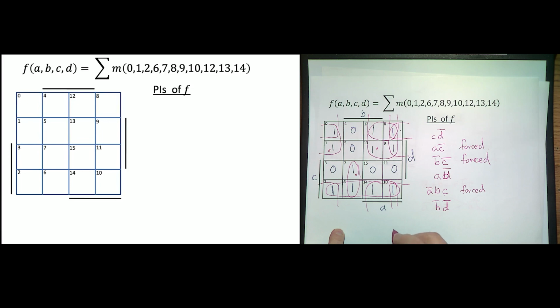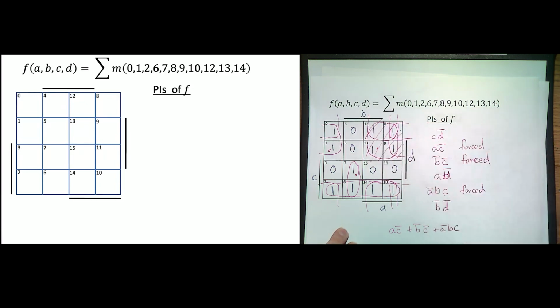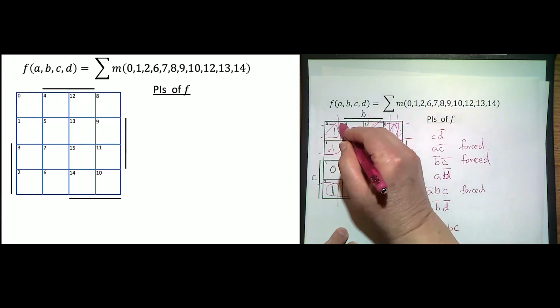So far I have A, C bar plus B bar, C bar plus A bar, B, C. Then the question is, is that enough? Let me check. A, C bar covers those 4. B bar, C bar covers these 4.